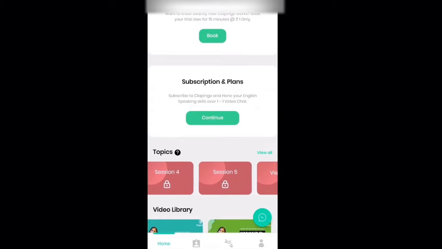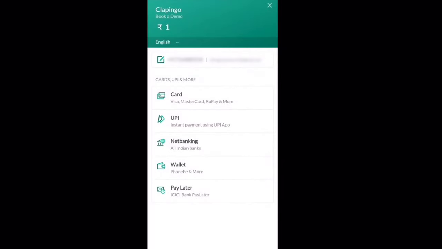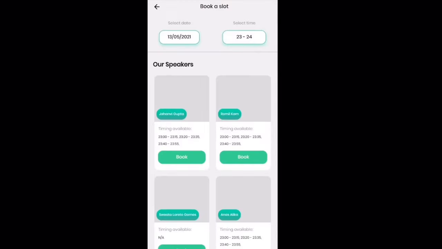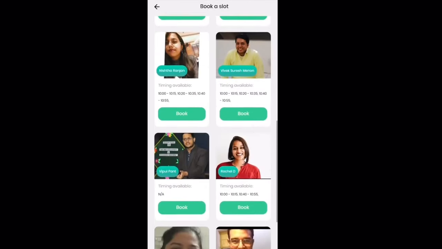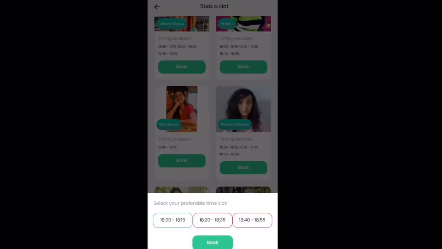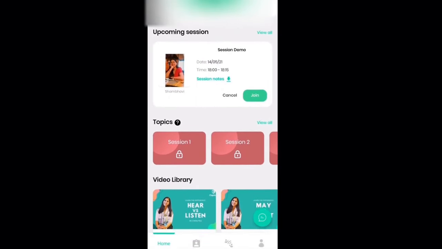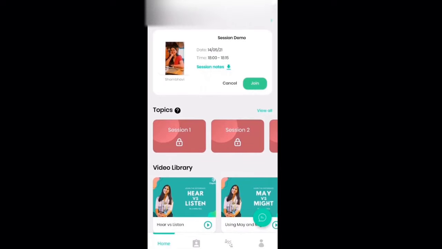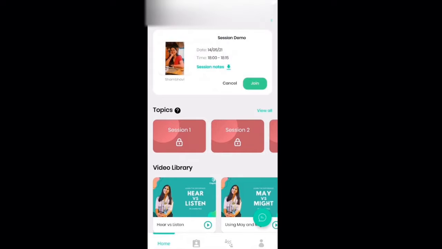You can access all this after you make relevant payments, and you can also book a demo class for only ₹1. For that, just click on the demo class, make payment, and then book a class with any of the tutors. All of the tutors are well qualified. Just select a date and select when you are available. You also have to check the teacher's availability. Here you can see what your upcoming sessions are. You will also get a text message confirming the same,